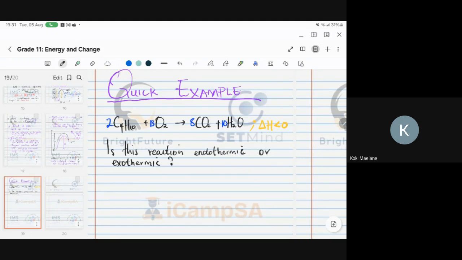If you think about it, your biggest clue here is this one, and the fact that this is a combustion reaction. So those are the two biggest clues. But your biggest visual clue that you can never go wrong with is this one. You are told that delta H